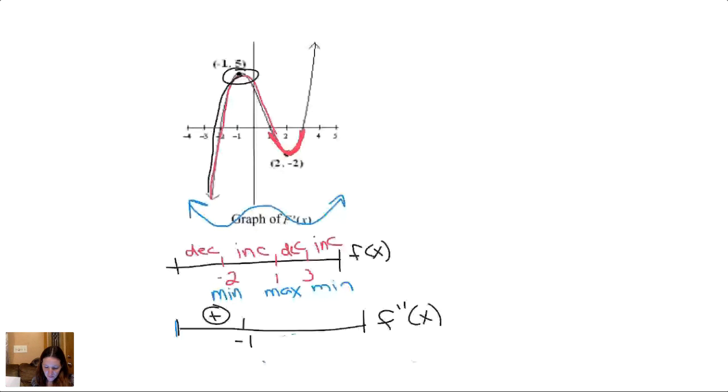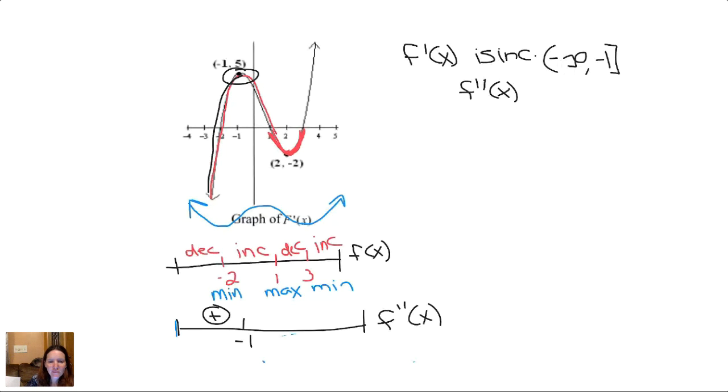So you might want to just, even in shorthand, write it out. I'm looking at f prime of x, right? f prime of x is increasing from negative infinity to negative 1, right? So then you ask yourself that question, and you get f double prime of x is positive. And so you might want to be writing that out every time just to keep it straight in your head, if that helps. If not, you can use the number line. That's how I like to organize it. But either way,